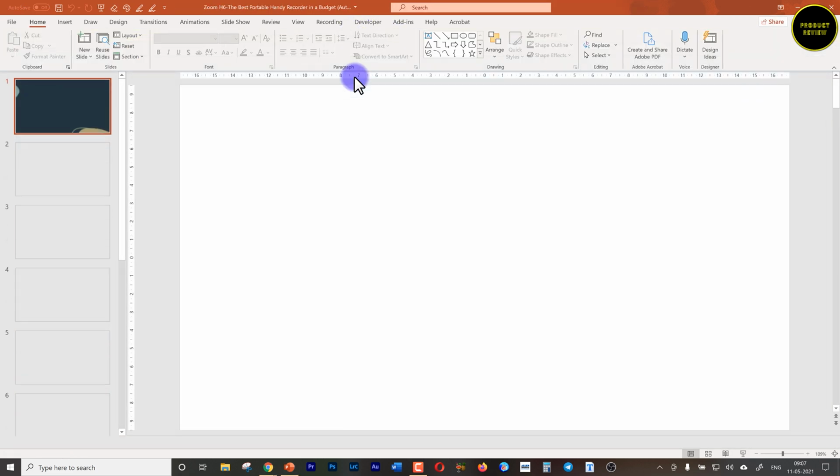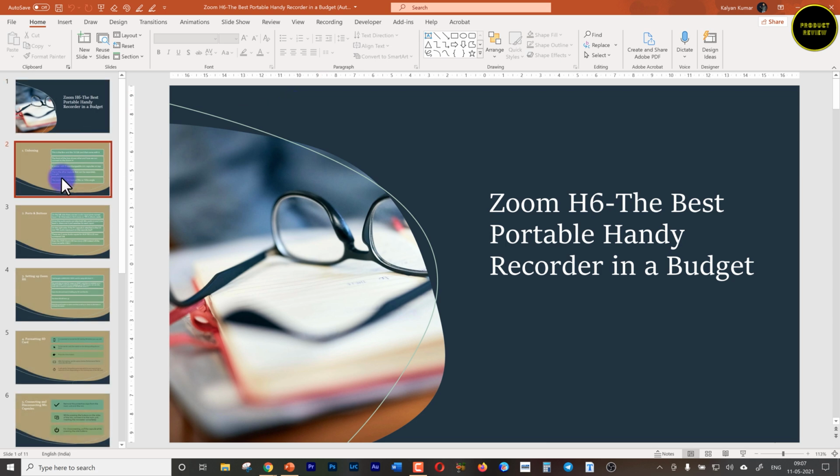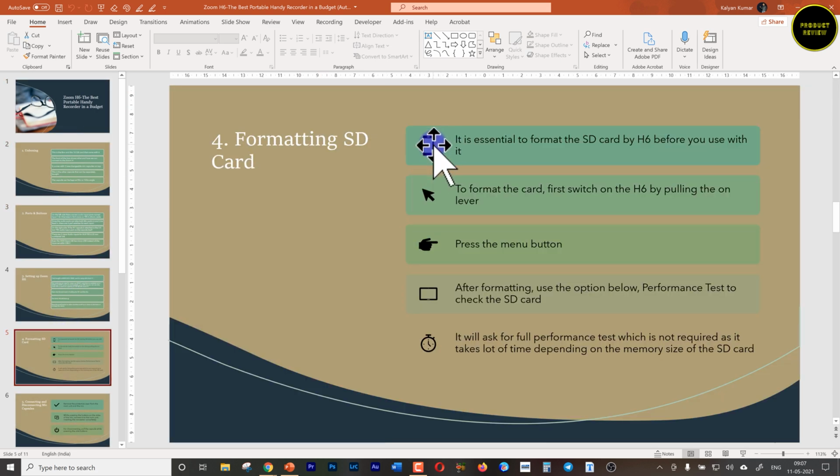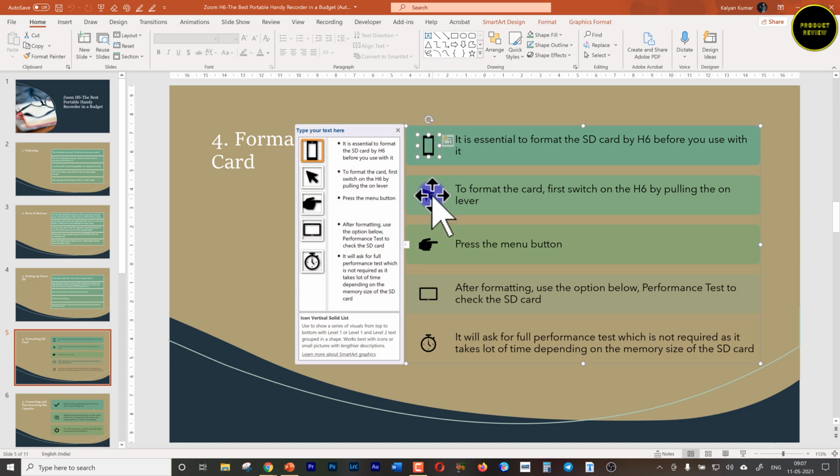Here you can edit, animate, and even change the icons if you want. You can replace the icons with anything that you can think of.